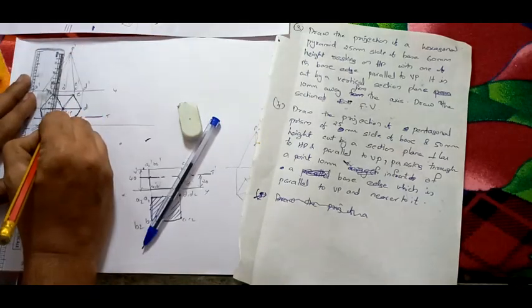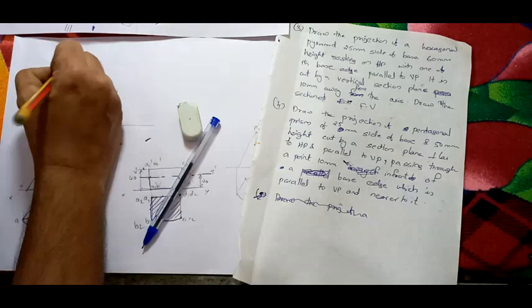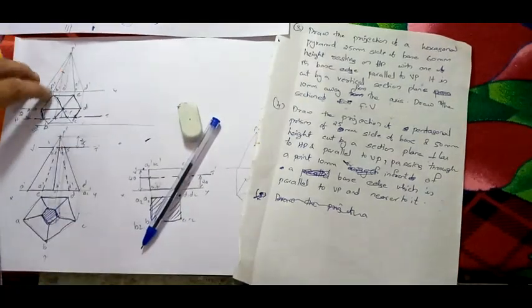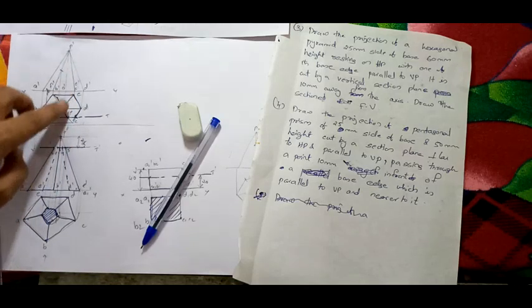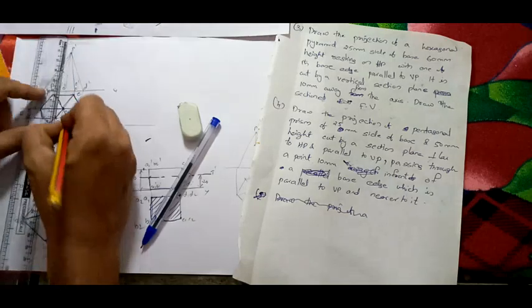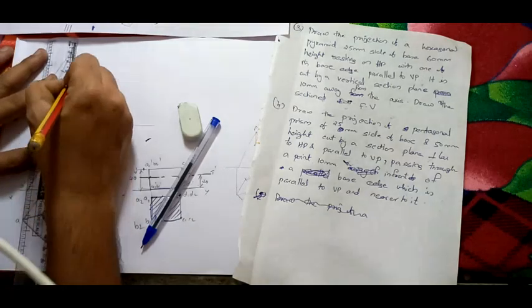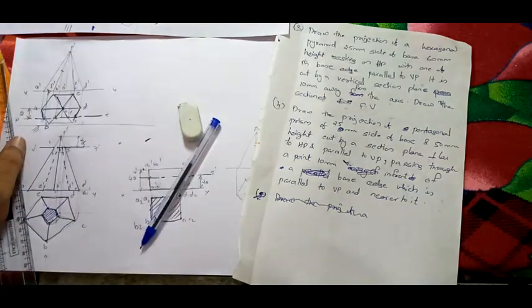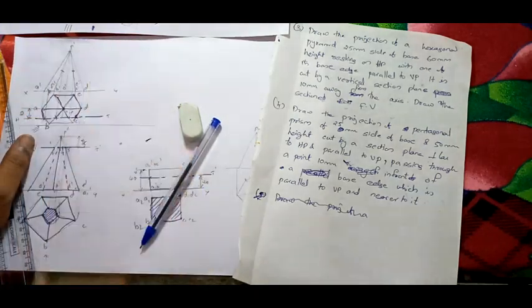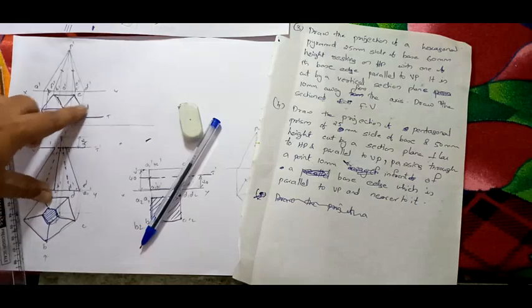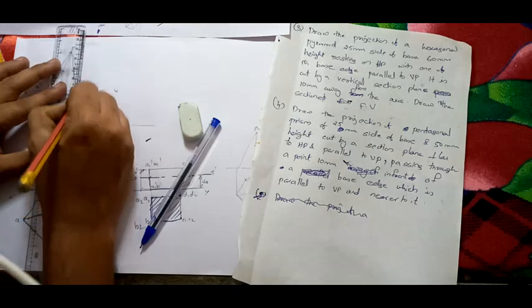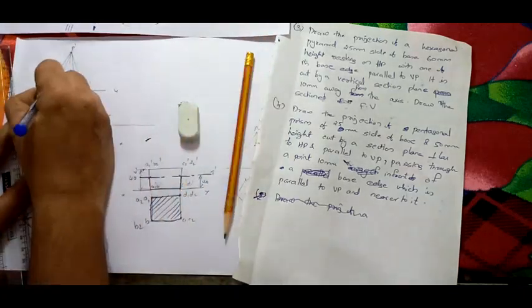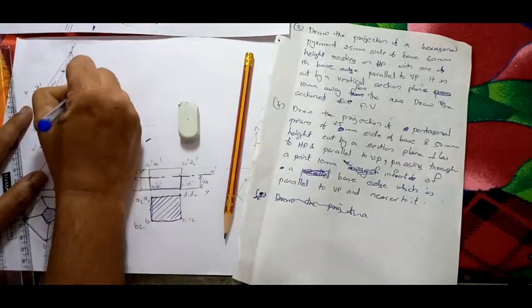It's a face. So see, this one is your B dash P dash, right? Now third point, this point is cutting on CP. You have to project it to C dash P dash. This line is representing C dash P dash. Last one, it is cutting here CD. CD means it's cutting on base. So project it to base. So these are 4 points. See, first point you will get here, second point, third point, and fourth point.